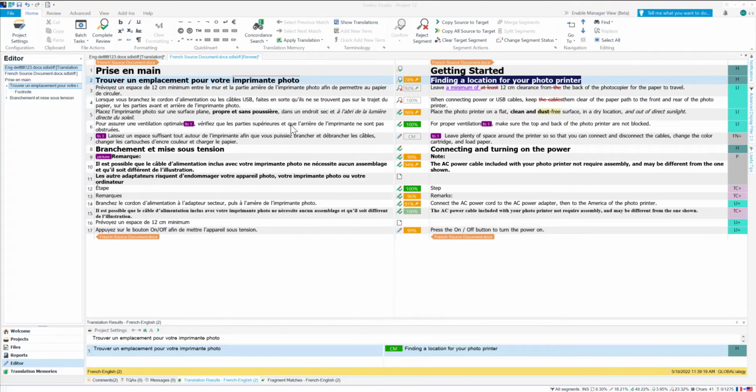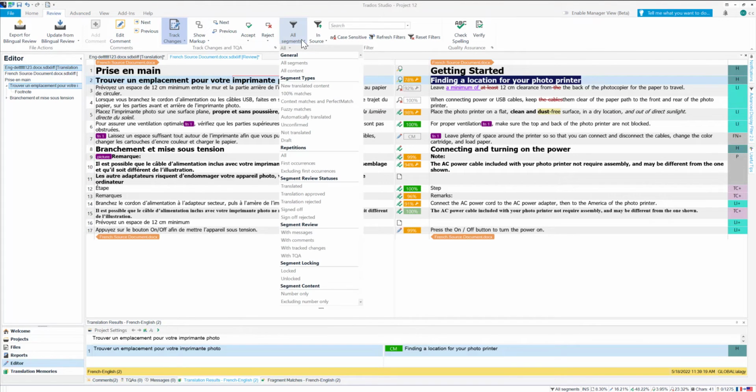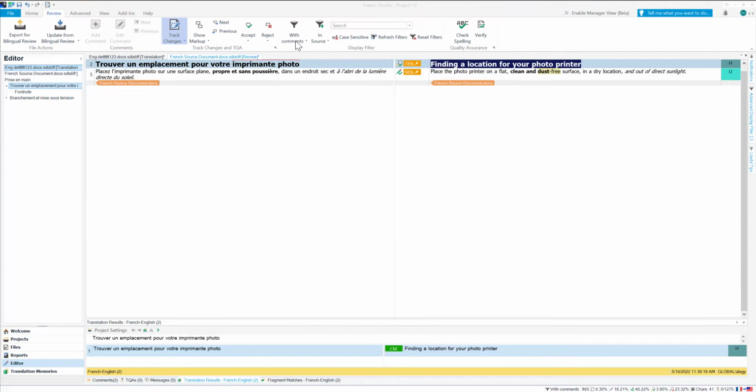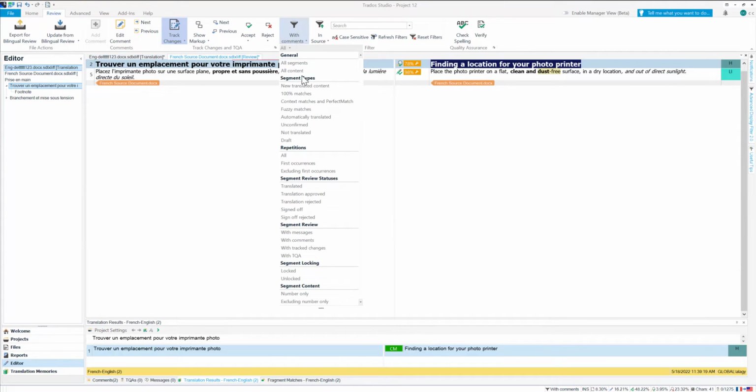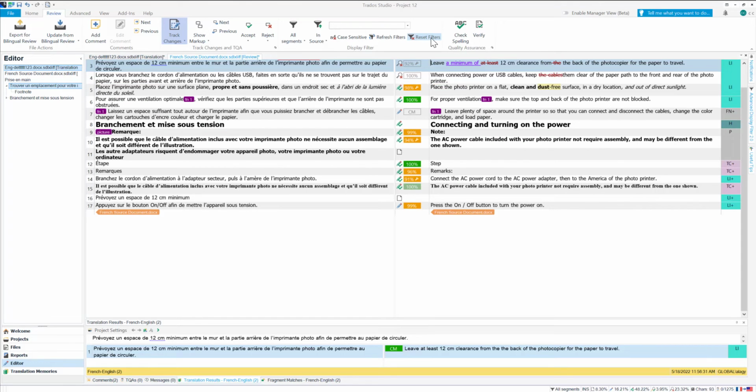Another very powerful review feature is the Display Filter, which allows me to display only segments matching certain criteria, such as those with comments or track changes. I can redisplay the segments by clicking Reset Filters. I can also display filters containing certain text in the source or target.